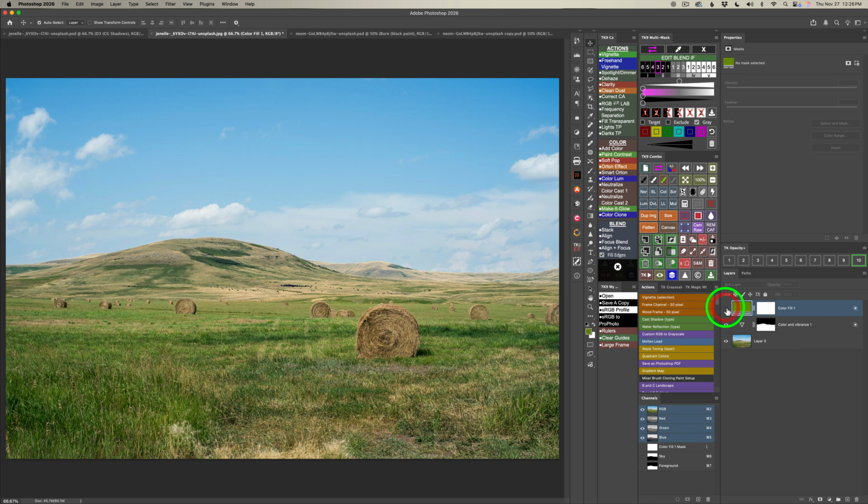Here's before and here's after. Makes this grass a little greener, and it really gives us that extra green feel. So let me shut this off. Here's before and here's after. Now I did notice it's affecting the shadows in these hay bales, making those shadows green, and I don't want